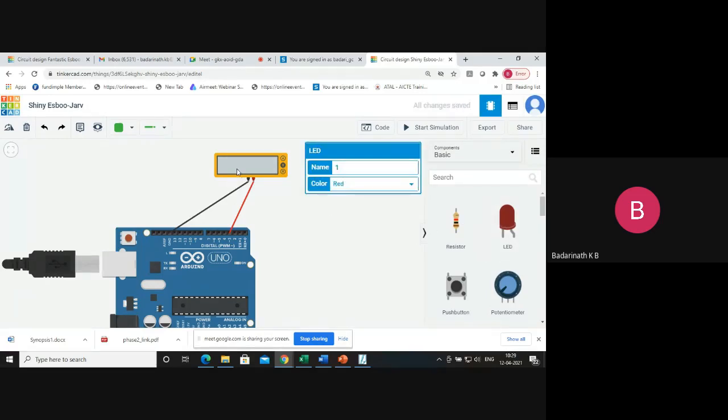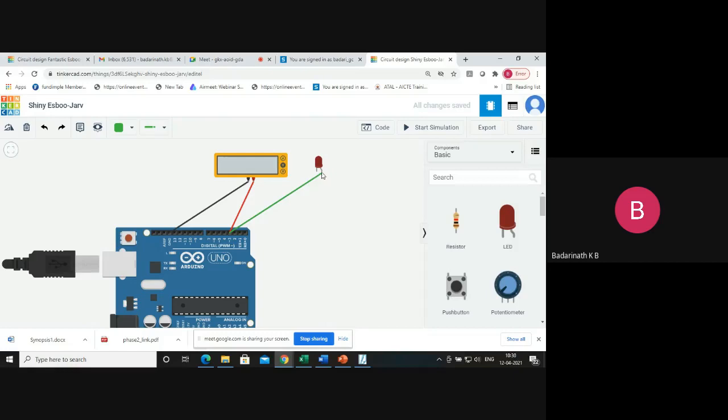This LED has a cathode and an anode. Instead of connecting to the multimeter, I'll take the same point and connect it to the anode.